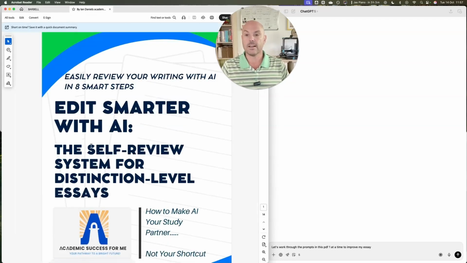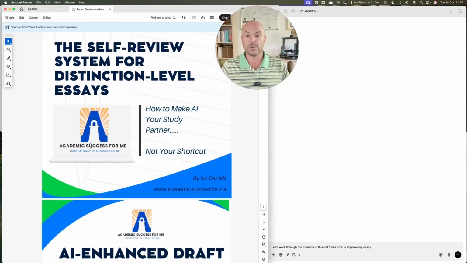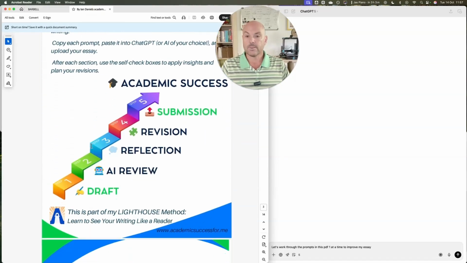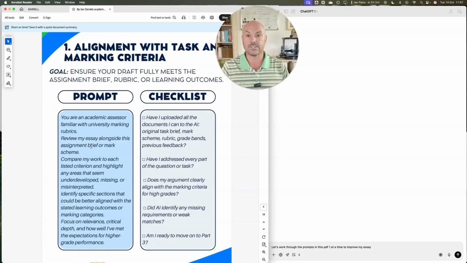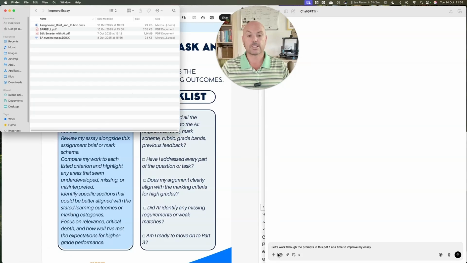In my Edit Smarter with AI workbook, I've got some help for you here. And then there are a series of prompts and checklists. Now, the great thing about this workbook is you don't need to type or copy and paste or talk into the AI to get the prompts out of it. You can just click plus here, upload file, or just drag across